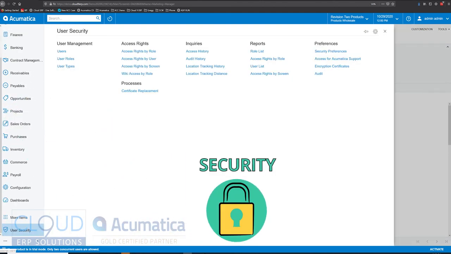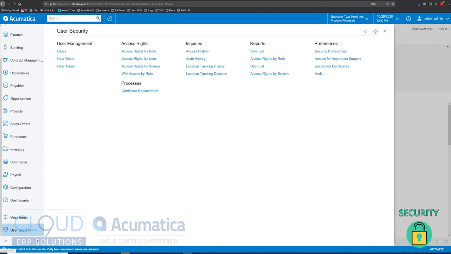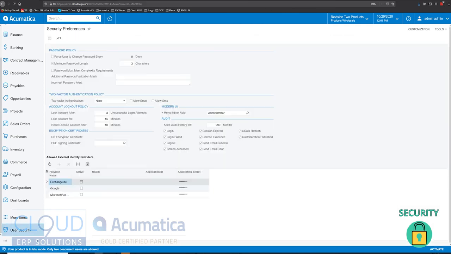Security. From user-based security that can be associated with roles and different types, to being able to apply access rights by the role or by the screen, seeing a complete access history, either by login or screens accessed, even being able to see a field-level audit of any transaction in the system and watching as those field values change, Acumatica's security is quite robust. Starting with our security preferences, which gives you the ability to force users to change passwords,